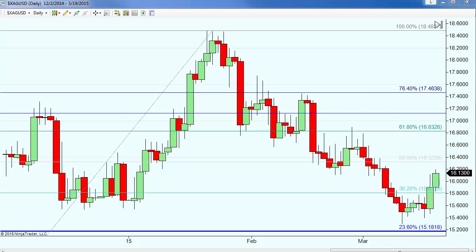Silver also trading higher on the day, and it's actually the most stellar in terms of performance today. Up about 22 cents on the day, 16.13, that's a current print on the screen. Low 15.81, high 16.18. Now, we did issue a buy recommendation on both gold and silver just prior to recording